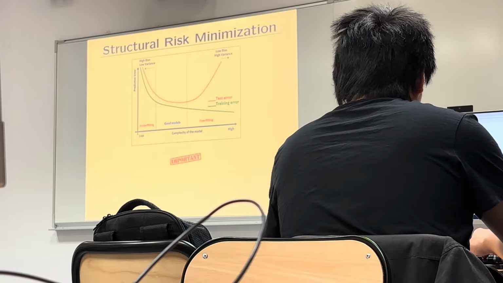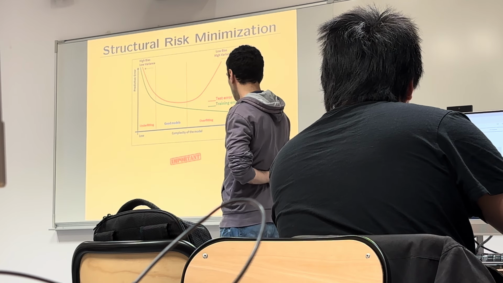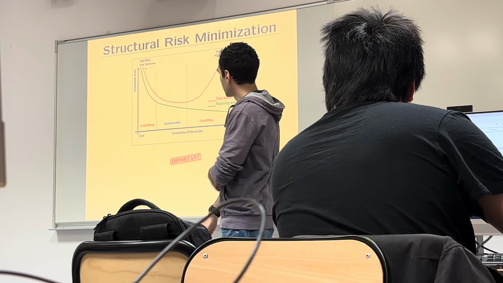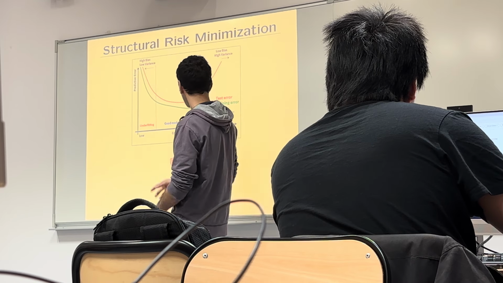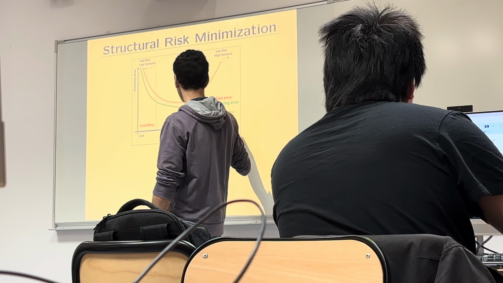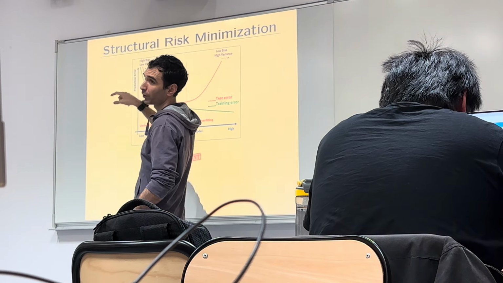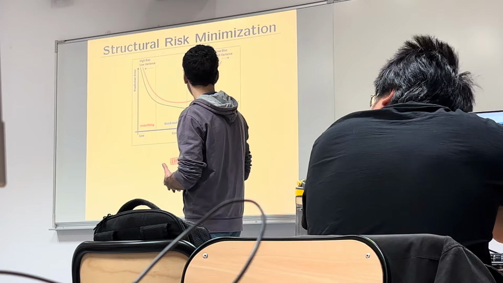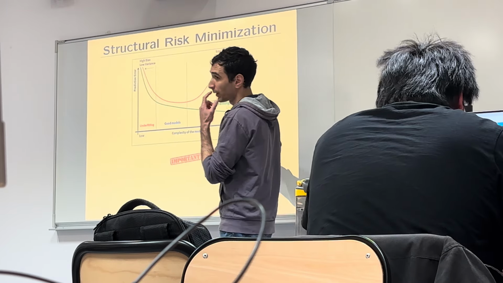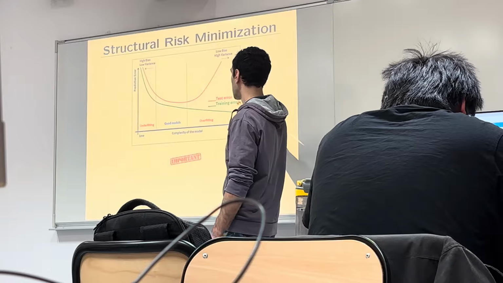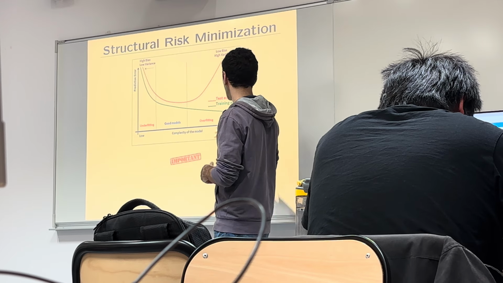So maybe the most important figure is this one. Yeah, and they said it's important. Here they represented, depending on the complexity of the model, the prediction error. So it means the error either on the training set or the test set. Okay. So if you give a lot of data to your algorithm,